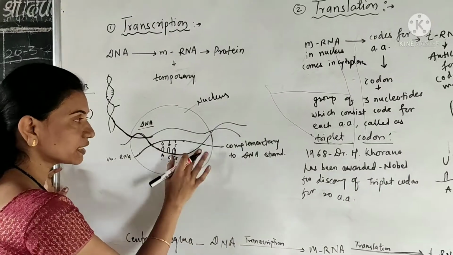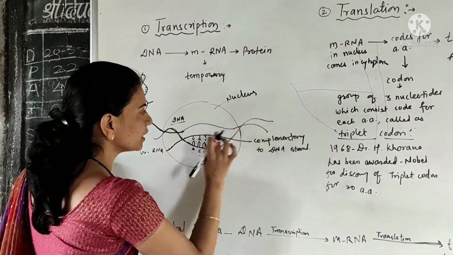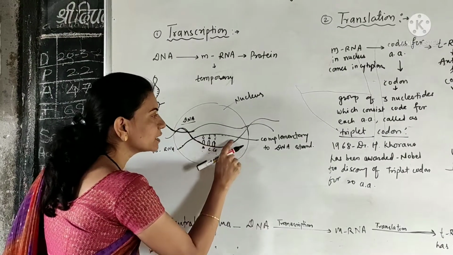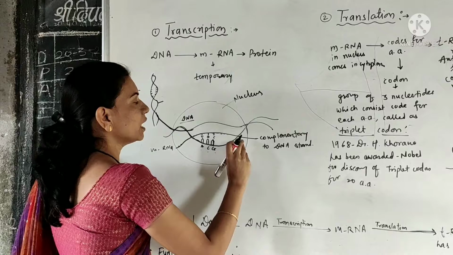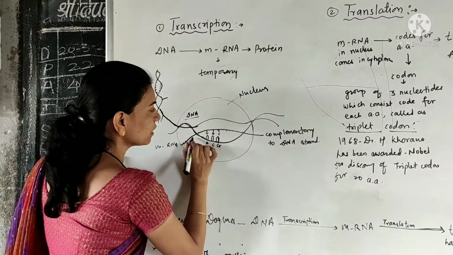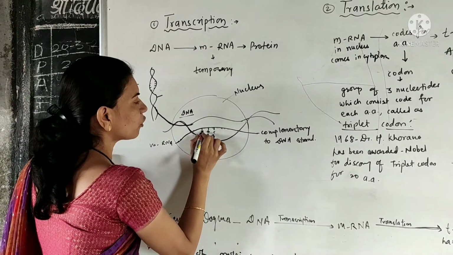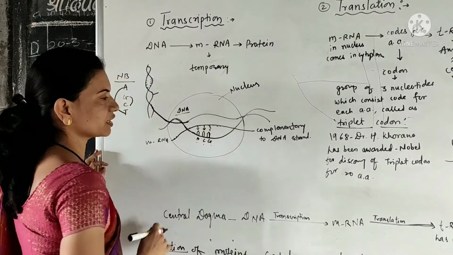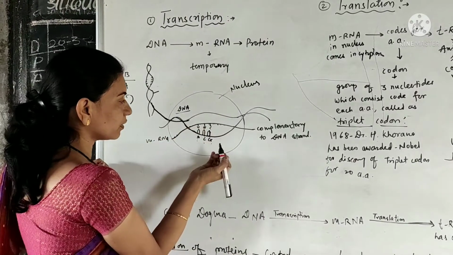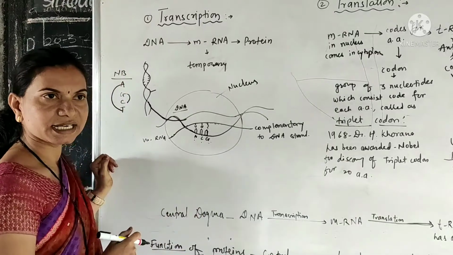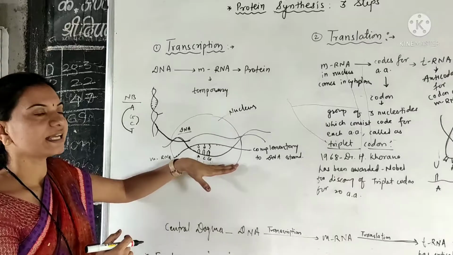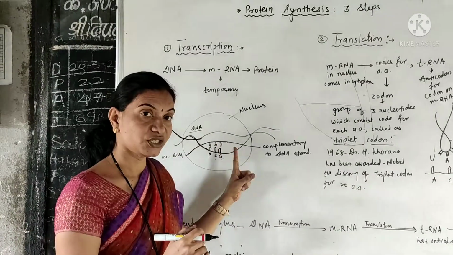This is the nucleus of the cell. In this nucleus, this DNA is present. From this DNA, only a single strand is used to form the complementary mRNA. So, on this mRNA, what happened? There is formation of complementary nitrogenous bases, and these bases are pairing with the DNA strand. Then what happened? Firstly, in this nucleus of the cell, one DNA strand is used.